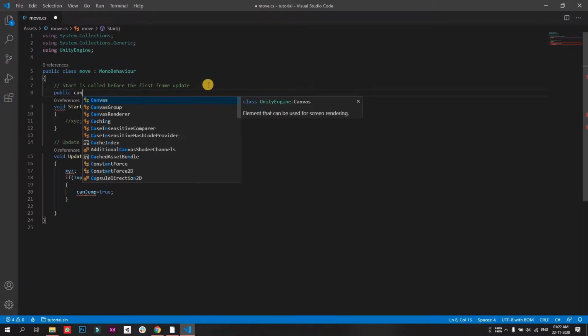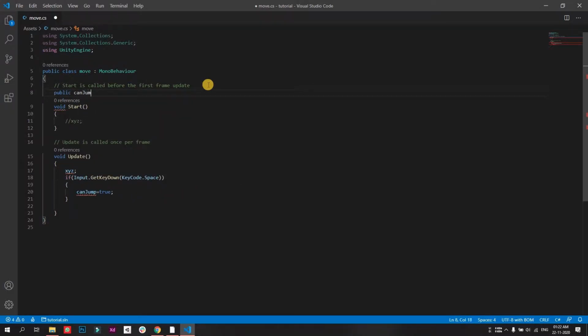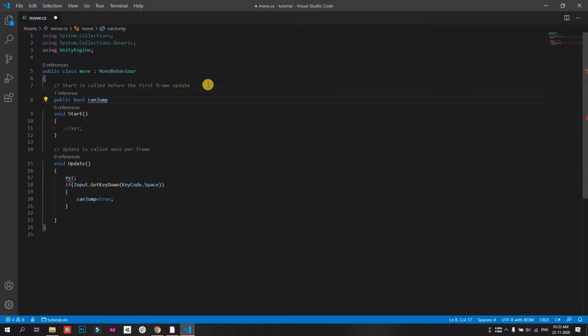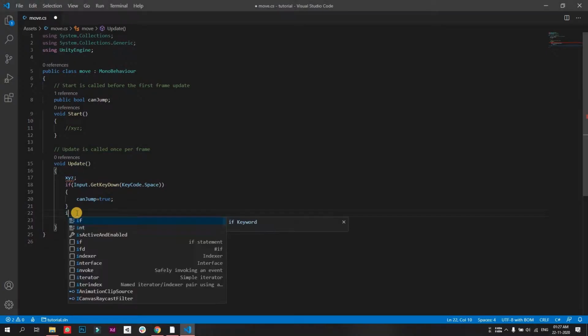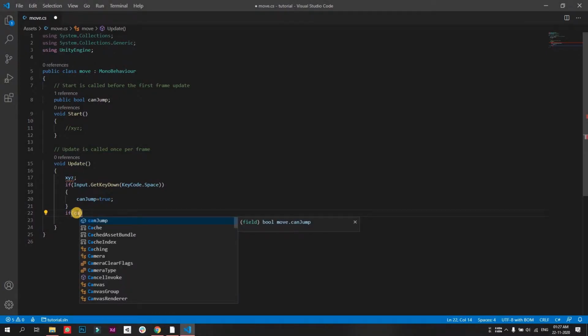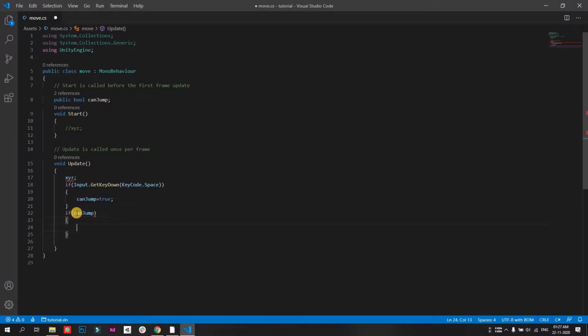Public canJump, and it is a bool. And if canJump, we will